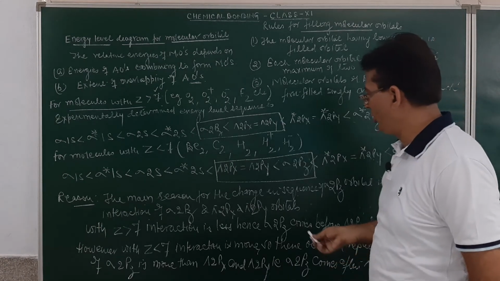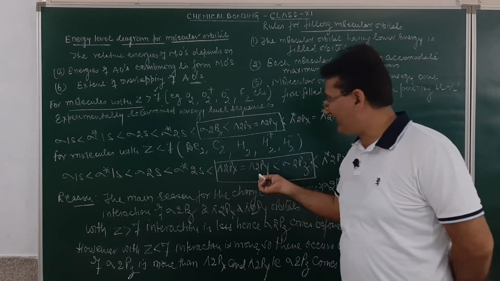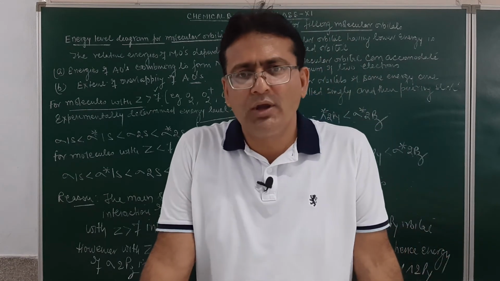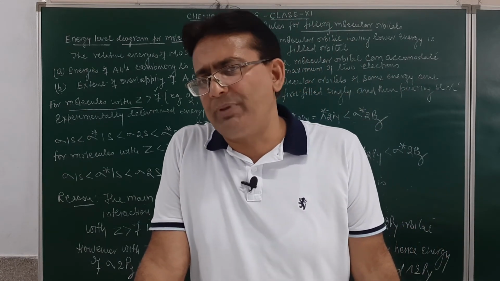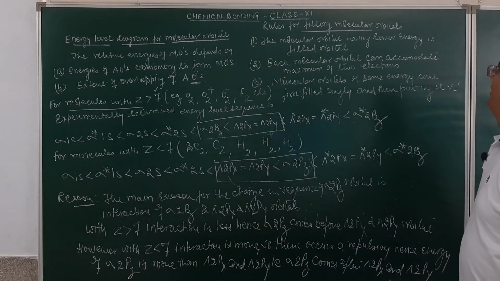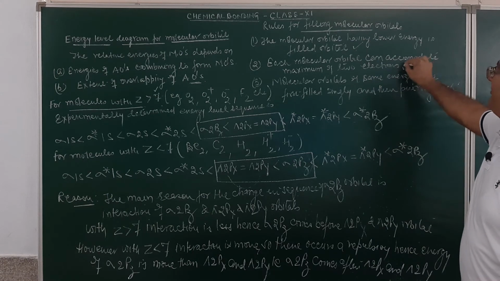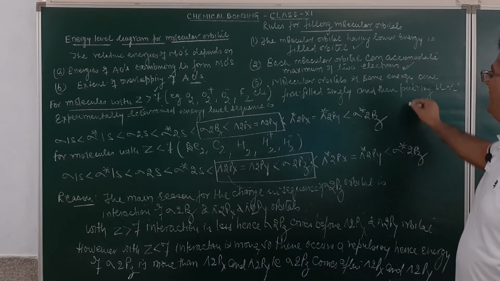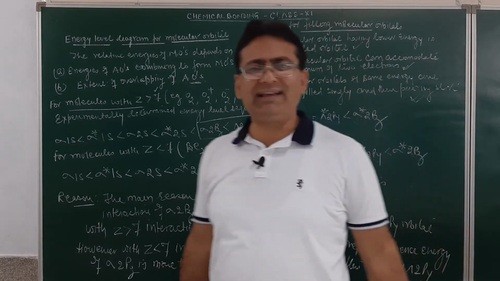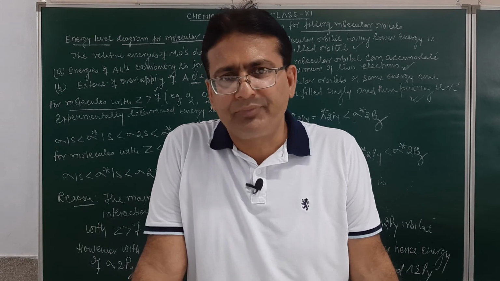As for example, suppose we have to fill the electrons in px and py. Since they are of the same energy, first of all they are to be filled up singly, and it is only and only then that the pairing of the electrons will take place. The first rule was as per the Aufbau principle, the second rule was as per Pauli's exclusion principle, and the third rule is as per Hund's rule of maximum multiplicity. Am I getting clear?